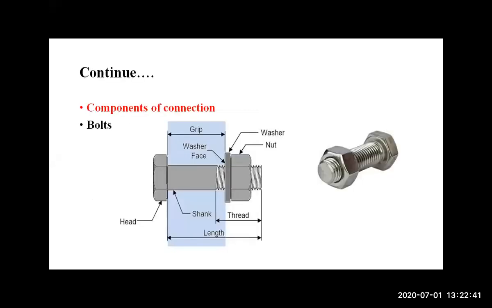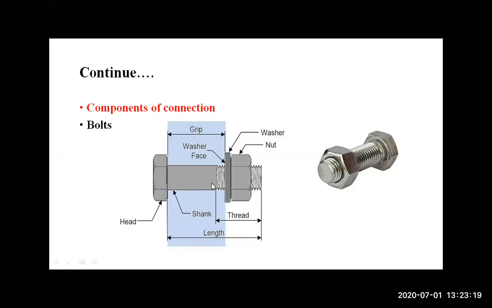Now see, here you will see the bolt, which is used for the connection. So the first component of the connection is the bolt. Now you can see here, in this sketch, the notations or names given to the parts of the bolt: this is the top, we call it the head of the bolt. Now this is the overall length of the bolt. See my cursor, this is the head of the bolt. Now the length of the bolt.